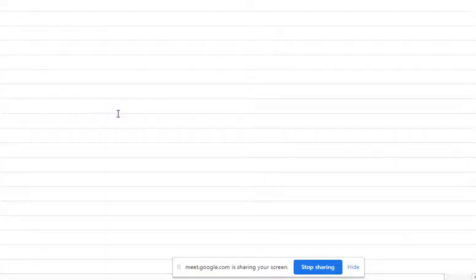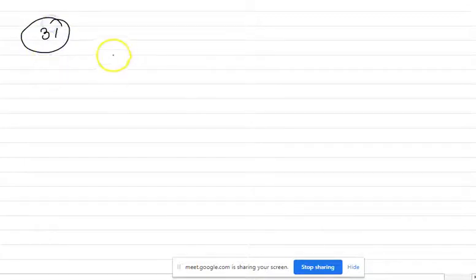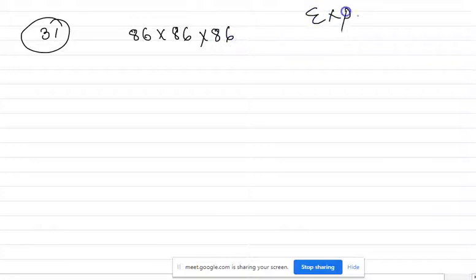Yeah, so we are doing expansion, right? So in the case of expansion, I'll tell you which number we are doing. We'll do number 31. The question is 86 into 86 into 86. The name of the chapter is expansion. So 86 into 86 into 86